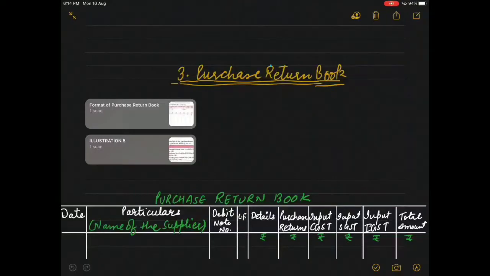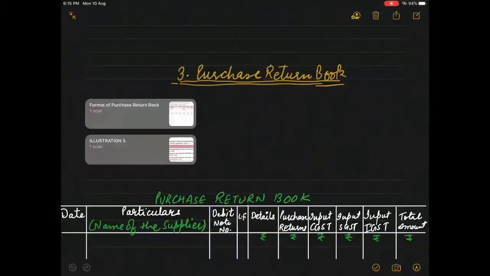Right? When the goods are returned, a debit note is prepared and is sent to the supplier with the returned goods. The debit note contains the name of the party to whom the goods have been returned, the details of the goods returned, and the reason for returning the goods. Each debit note is serially numbered, dated and is prepared in duplicate. The original copy is sent to the supplier, informing him of the amount for which his account has been debited on account of the returned goods. It is called a debit note because the party's account is debited with the amount written in the note.